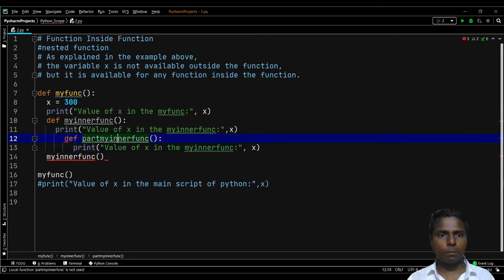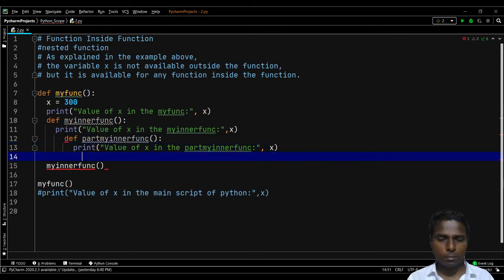Here we will write part my inner func, because my inner func is the parent. Now this function needs to be called.